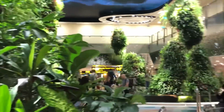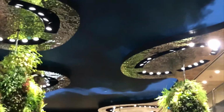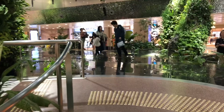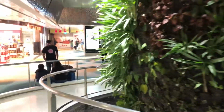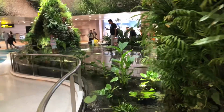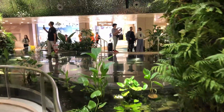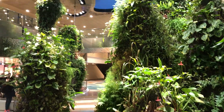Set amidst a lush vertical garden, it's a sight to behold, blending technology with the tranquility of the natural world. As you venture through the departure transit area, immerse yourself in dreamscape. This new garden oasis features a captivating array of plants set against a beautifully landscaped backdrop, brought to life by a mesmerizing digital sky. It's an experience that bridges the gap between the artificial and the organic, leaving travelers in